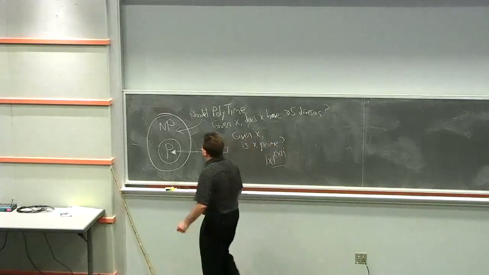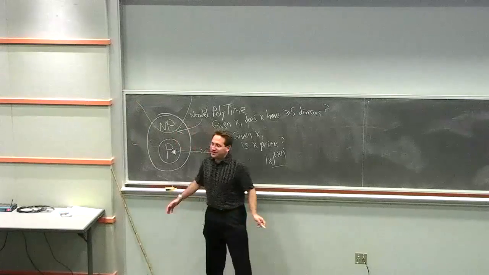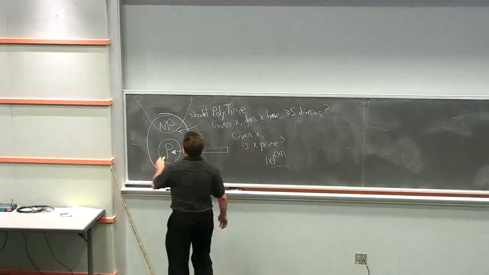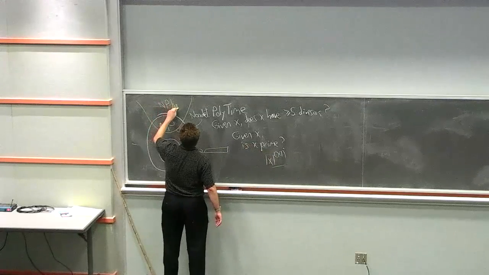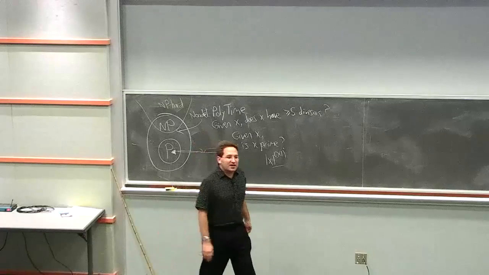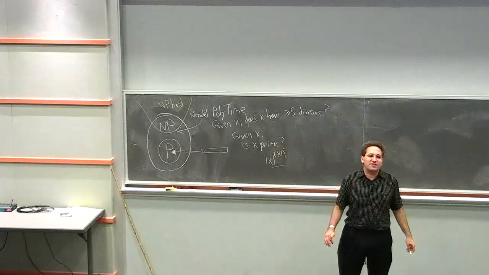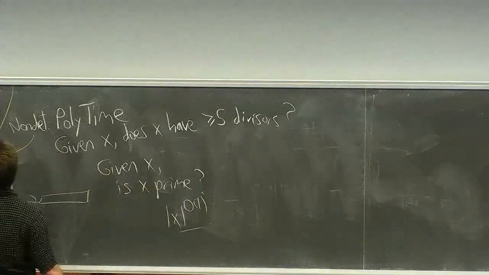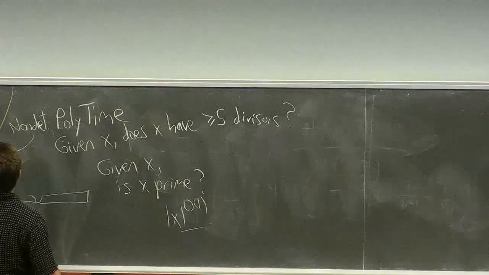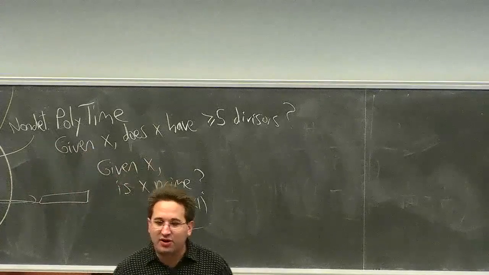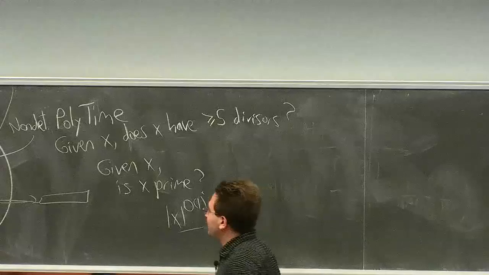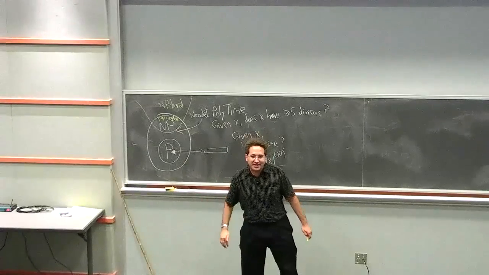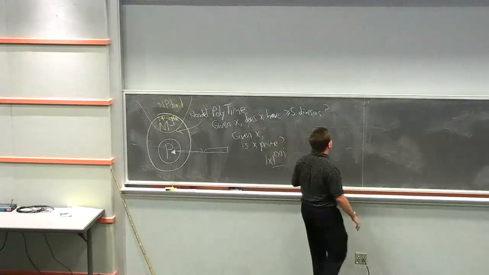If you've heard of NP completeness, this is what it's about. Very roughly speaking, a problem is called NP hard if you can show that if you could solve it, then P would equal NP. And then the NP complete problems are the problems that are both NP hard and in NP. So those are like the hardest problems in NP. And there are now, I think, tens of thousands of problems that are known to be NP complete.